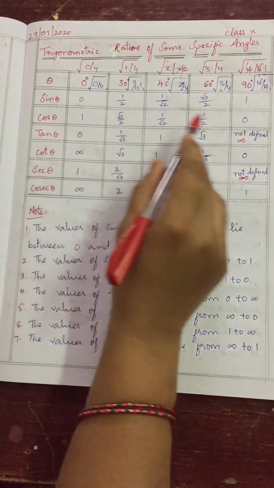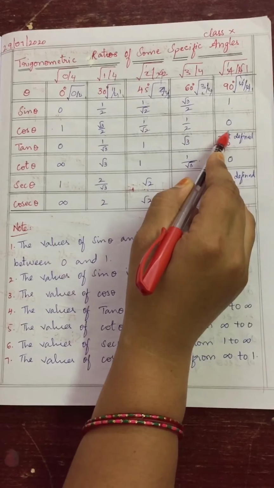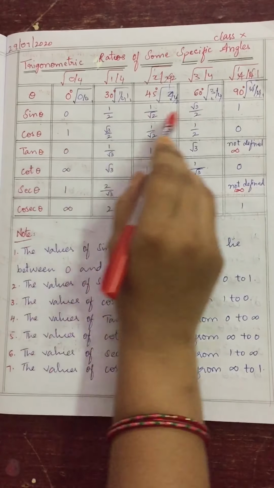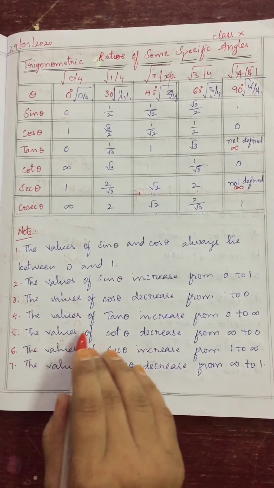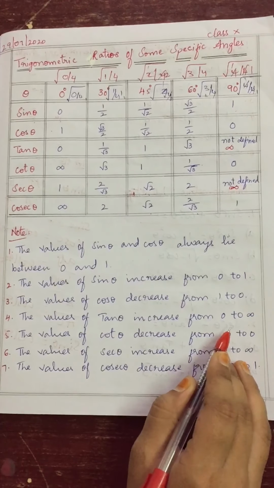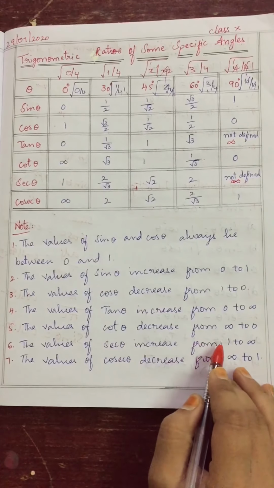And as we go from 0 to 90 degrees, cos values are decreasing. See, sine values are increasing from 0 to 1. Cos values are decreasing from 1 to 0. Now the values of tan theta increase from 0 to infinity and the values of cot theta decrease from infinity